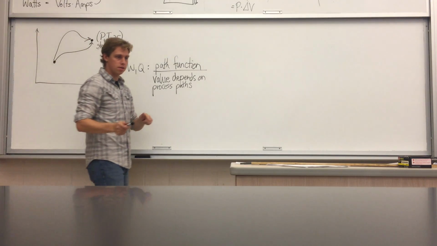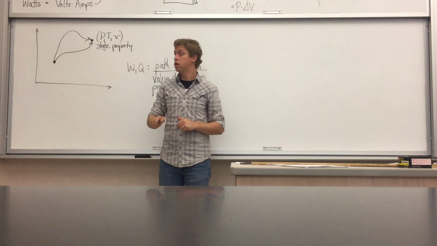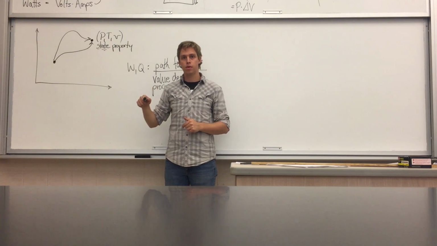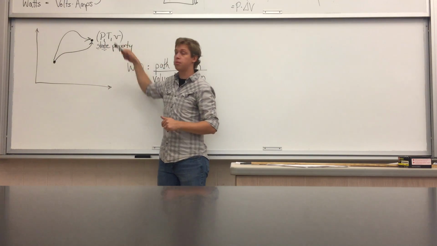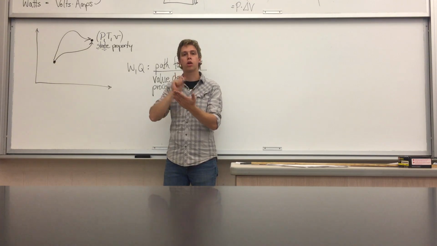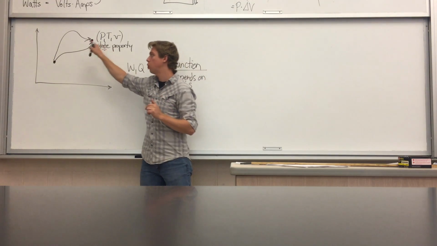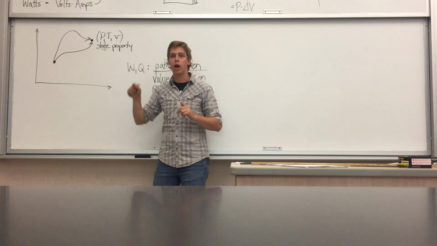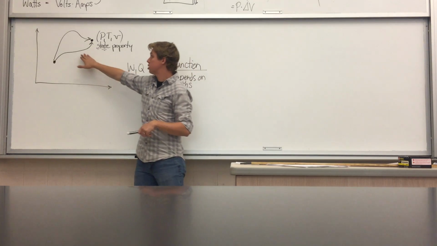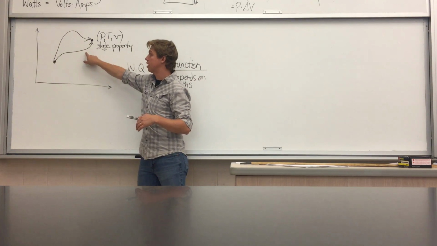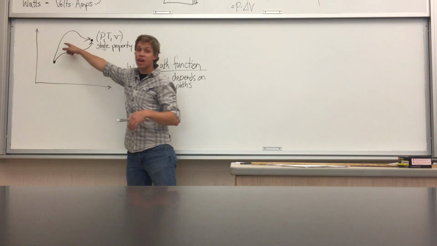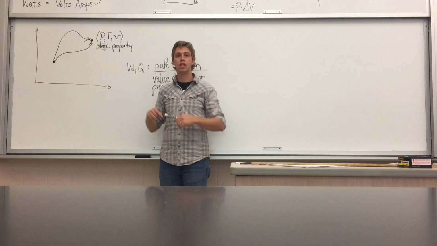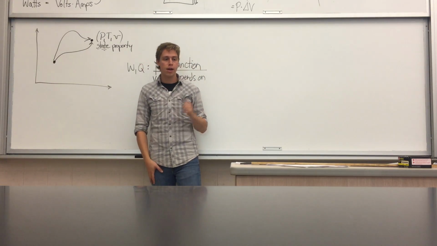Because work and heat care about the distance that we traveled or the path that we took. They're not like these things, pressure, temperature, and volume, that just care about where we're currently sitting. They remember where they've been. They depend on where they've been. So literally, just as an example, maybe one of these paths I get 5 joules, and the other one I get 8 joules. The actual answer I get depends on which path I take from point A to point B.